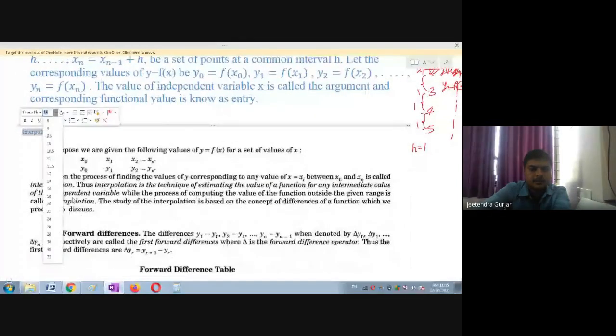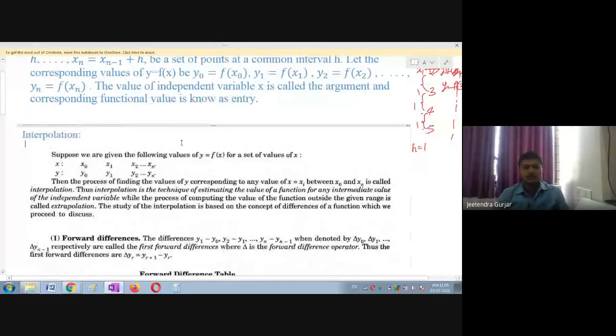This is interpolation. Suppose we are given the following values. This is from the exam point of view, remember that, very, very important. So here they have given some values, students. y is equal to f of x, for a set of values of x. So you can see here they are x0, x1, x2, and xn, and they have given corresponding values y0, y1, y2, and yn. Then the process of finding the value corresponding to any value of x between x0 and xn is called